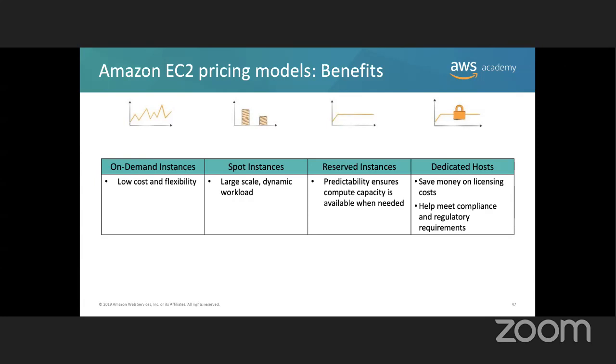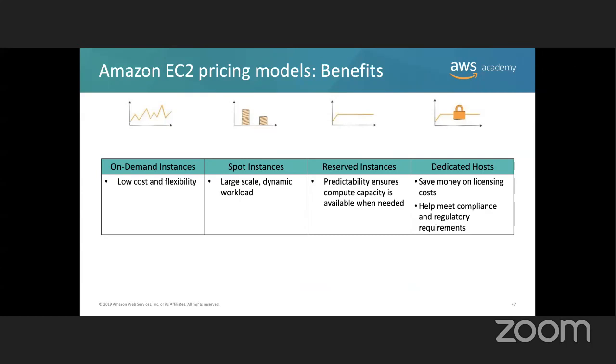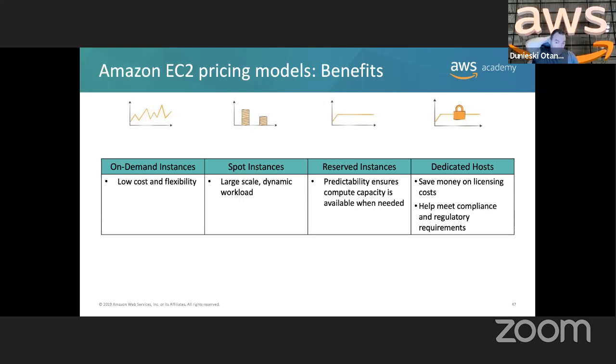Professor, is it possible to migrate from one of the models to the other one? Yes, for instances, you can have a combination of them. You can have 2 on demand, 3 spot, 6 reserved. You can have that. Migrate: if you are in the reserved instance and you want to migrate to dedicated host, even if you are in the term of the contract, is it possible? For the reserved ones, you will